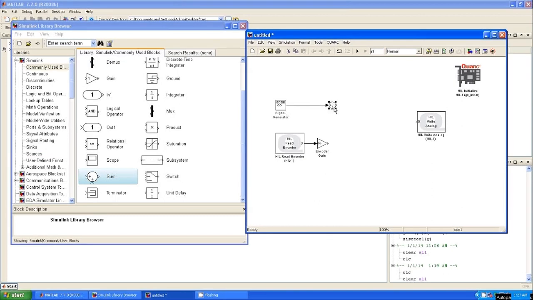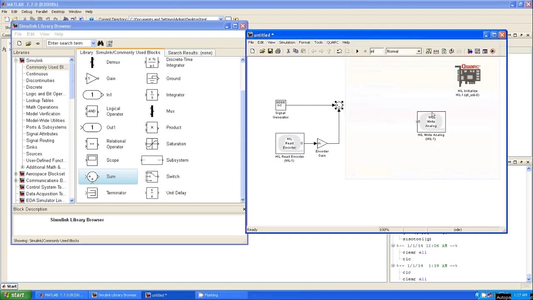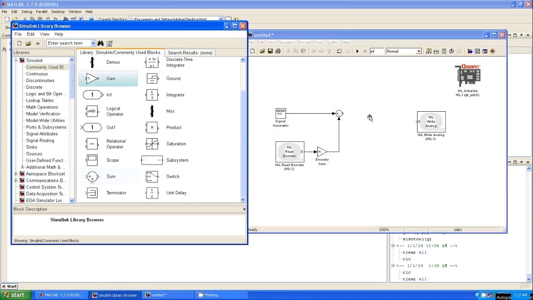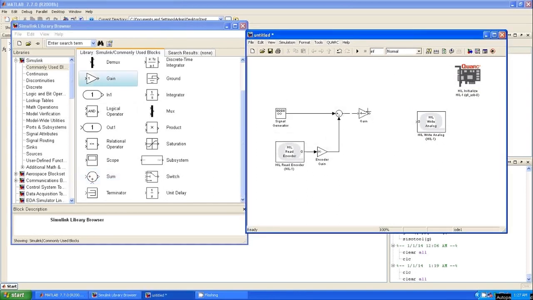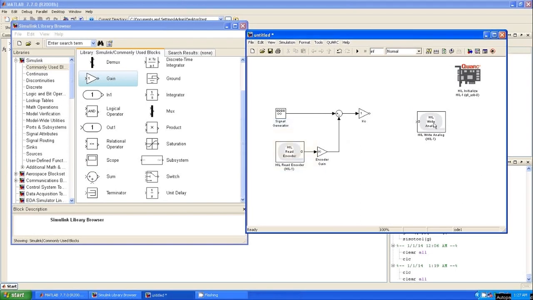Next, connect those blocks and double click on the summer and choose the second option as minus. Therefore you will calculate reference minus actual output. First, let us try to run an uncompensated system. Our Kc is going to remain as 1.